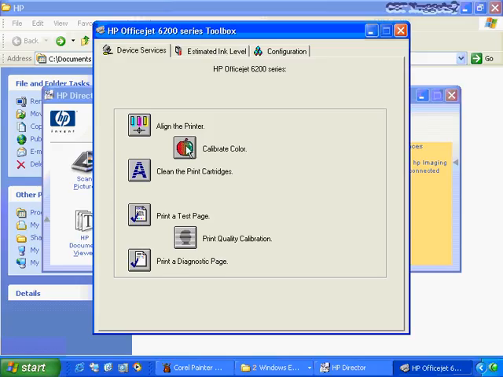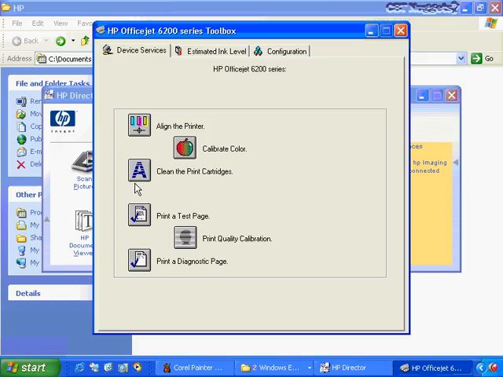You can also calibrate the color so you get better color rendition, again, specific to the brand. You might need to clean the print cartridges as well. You might get streaks or lines through your letters. That's usually an indication on an inkjet printer that one of the heads is jammed up. If it's been sitting for a long time, especially, the ink might have hardened inside of the print head there, and so it's not squirting or shooting through one of those